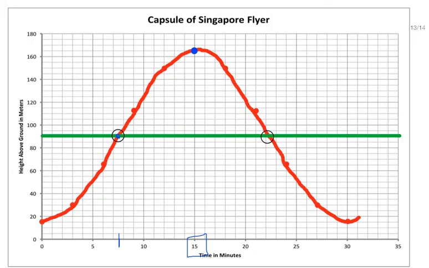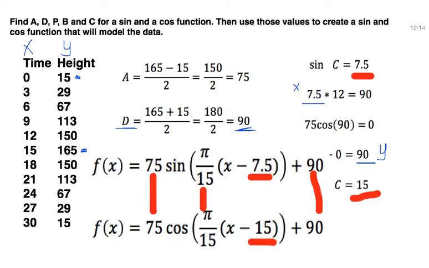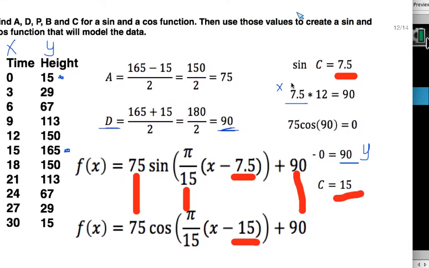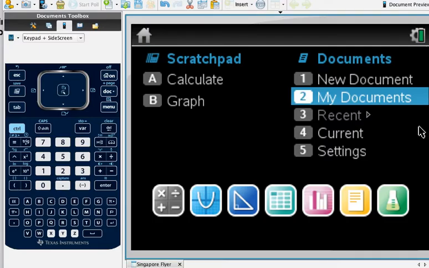Okay, now we want to use this data again and plug it into a spreadsheet on the calculator, and then have the calculator give us a sinusoidal regression. Then we're going to see how well we did with our handmade graph. I have a file on all the calculators, and yes, I did save the files already. All right, so the first thing I want you to do